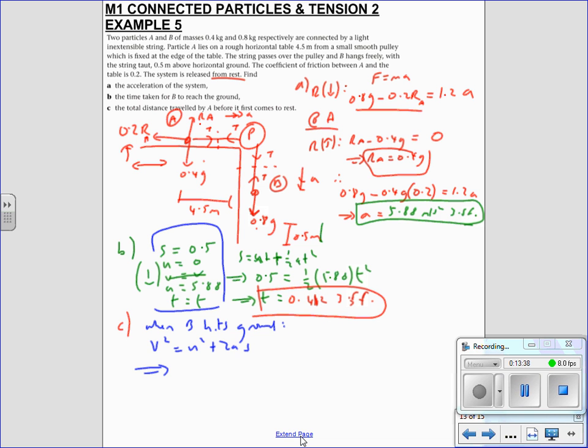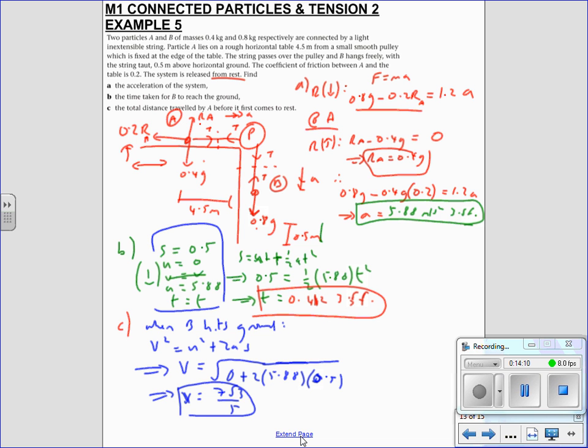So if we use the information where we can guarantee its correctness, but obviously if our initial acceleration was wrong from the start of the question, then everything is going to be wrong. So when it hits the ground, v is going to be, if I whack this in, 2 times 5.88 times 0.5, all square rooted,